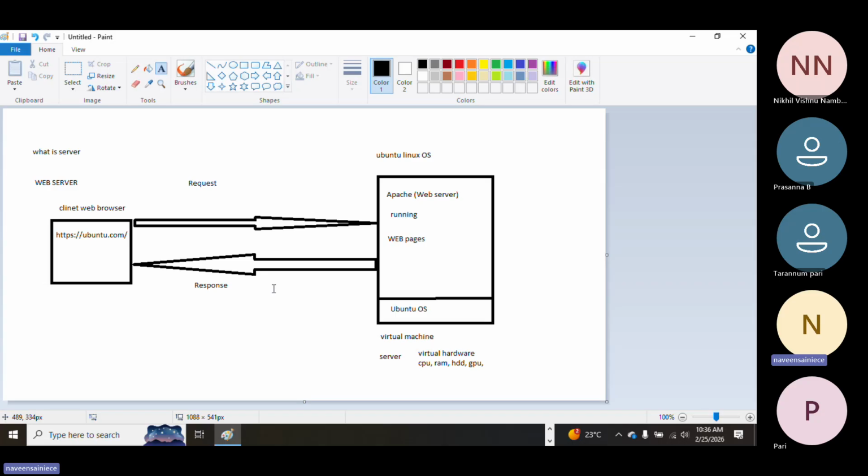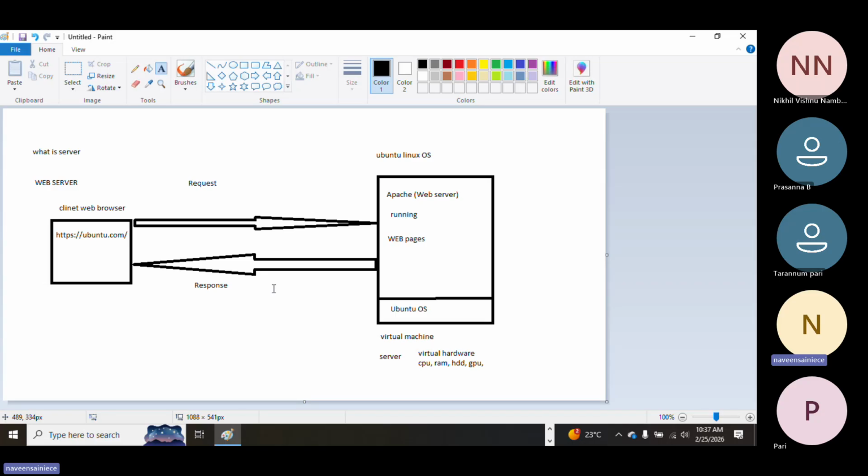So for a web application, your web pages will be developed by the developer team. Now the DevOps engineer's task is to keep those pages on the web server and serve those pages to the client.